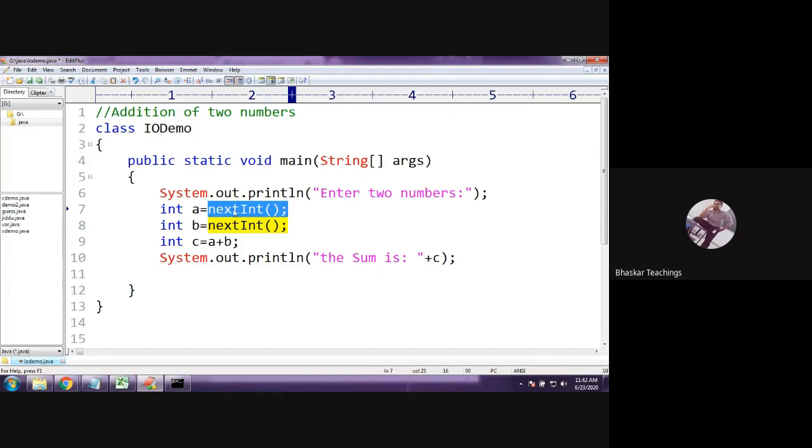But you cannot use nextInt directly because it doesn't belong to our class. The first question is which class does nextInt belong to? The second question is whether it is a static method or an instance method. If it is a static method, you can call it on the class name itself. If it is an instance method, you need to create an object for that class, and on that object you need to call this method.